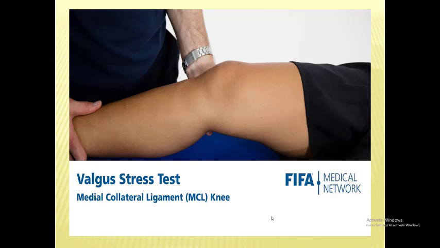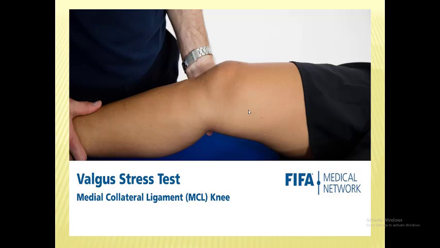This is a valgus stress test, and notice that the left hand of the doctor is on the lateral aspect of the knee. This is a right knee, and he is trying to push the knee toward the medial aspect, or inside. If there is a tear in the medial collateral ligament, you will notice a slight opening in the medial side